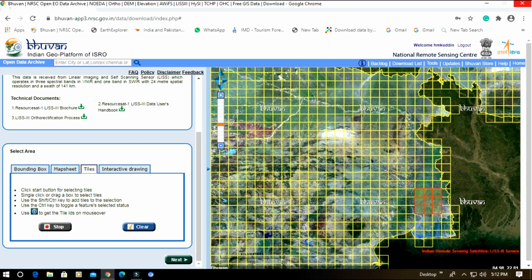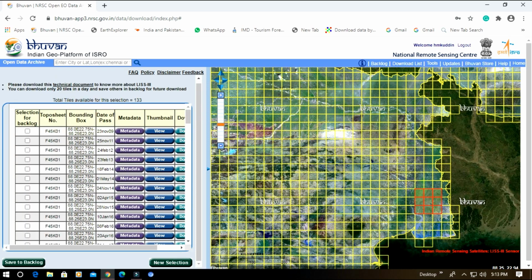Clicking on next, you will see the entire satellite image of this particular area. Here 9 grids have been selected, so you will see 9 satellite images of different dates.